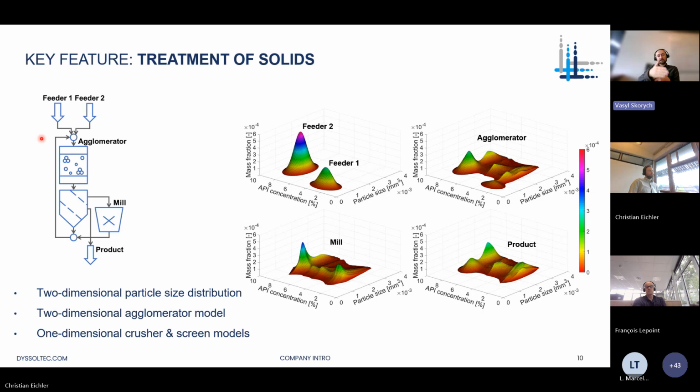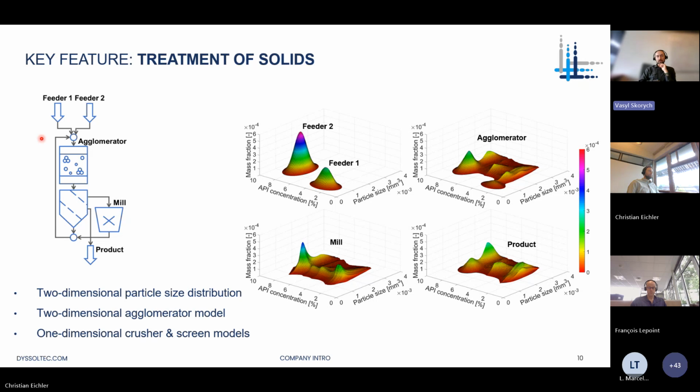But the rest of the models, the screen and the mill, can apply the approach which Dyssolpro provides to explicitly take into account only the particle size changes. So the screen will separate the particles by size, the mill will reduce the size of the particles, but still the secondary property, this API concentration, will be bound to the size and will be preserved properly